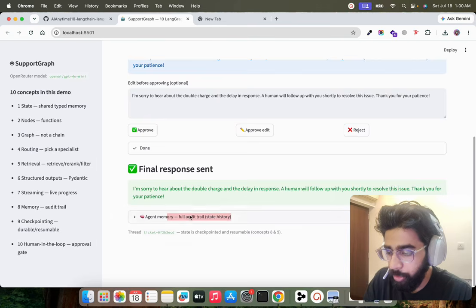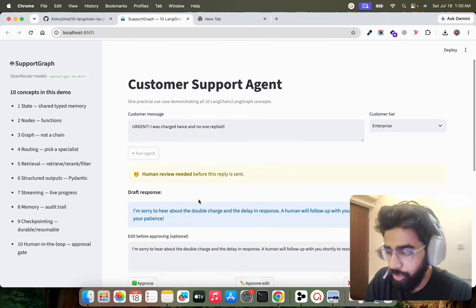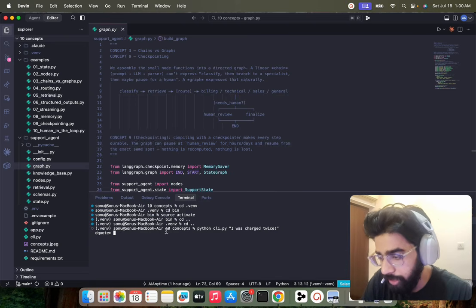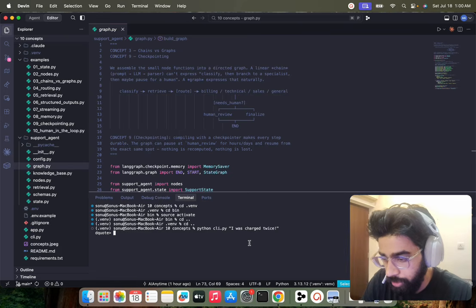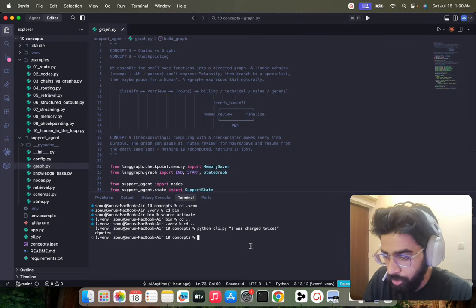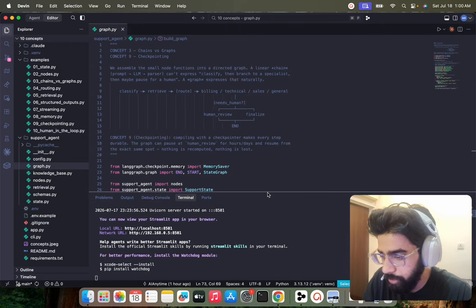Now this agent memory can also be in a scratchpad. You can see it over here. We are showing it through the user interface, but you can of course run it in the CLI as well. You can do the same thing in the CLI, just run it. You can also run python cli.py and so on. You can run this command as well. Now, I'll just minimize this.